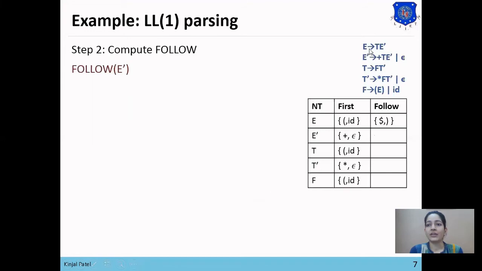So we will check for the E dash symbol at the right hand side. So in first statement and in second statement E dash is present. So we'll take both statements and apply the rules.